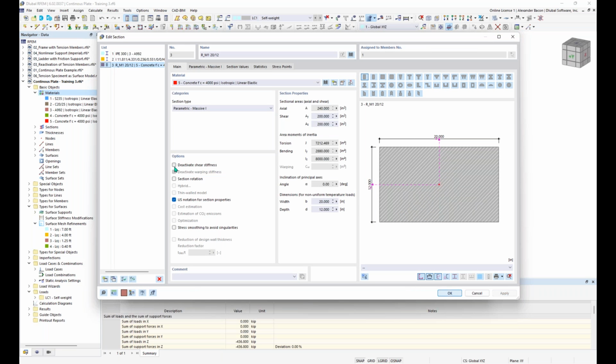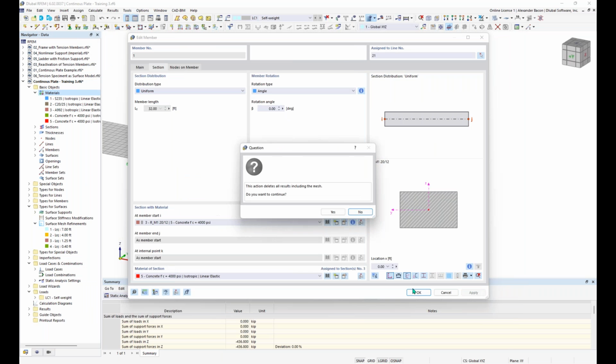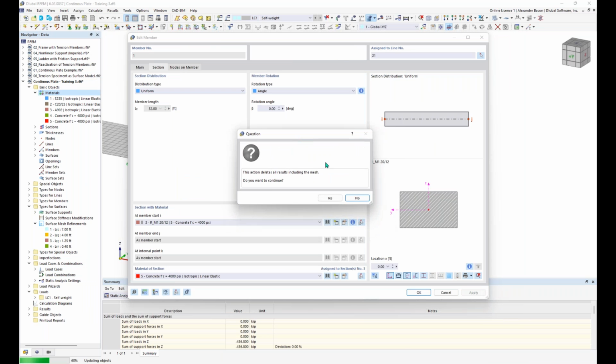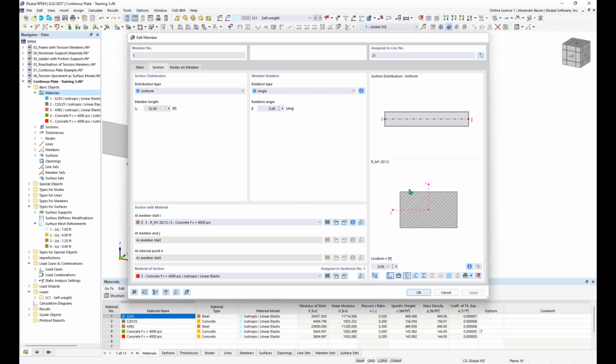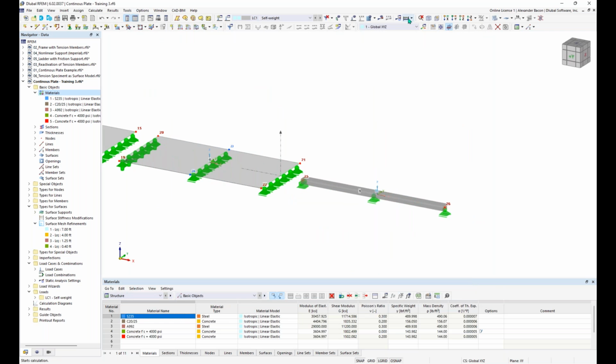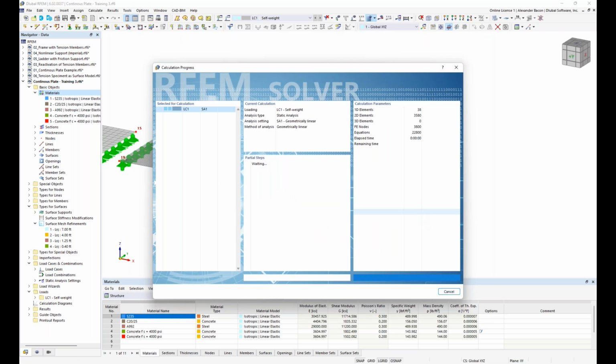And then under the options for the section, you can deactivate the shear stiffness. And so checking that on, I'm going to click OK. It's going to tell me that these actions are changing the results, and the results are going to need to be recalculated. Do you want to continue? Yes. Click OK. And so now we just have to rerun our results,